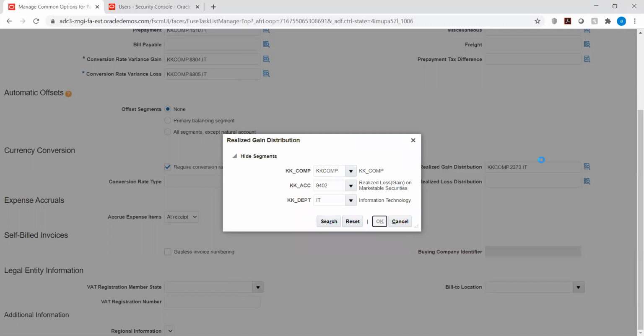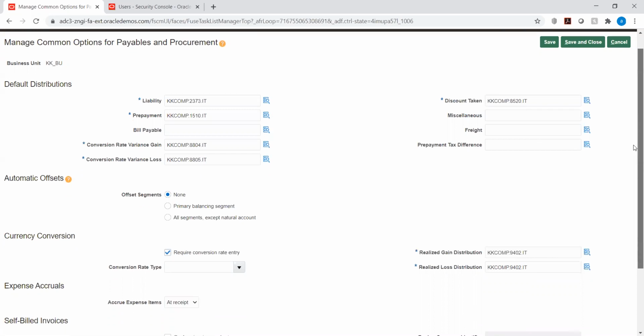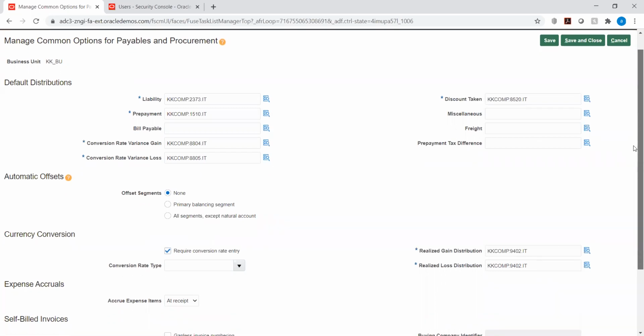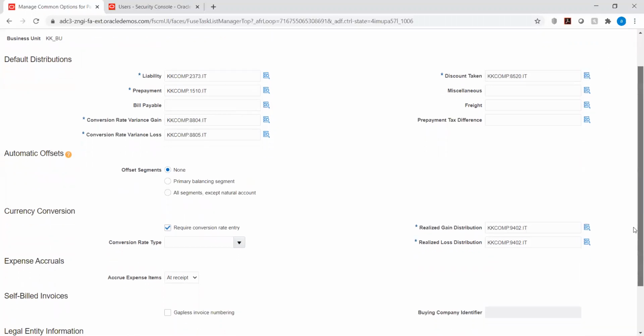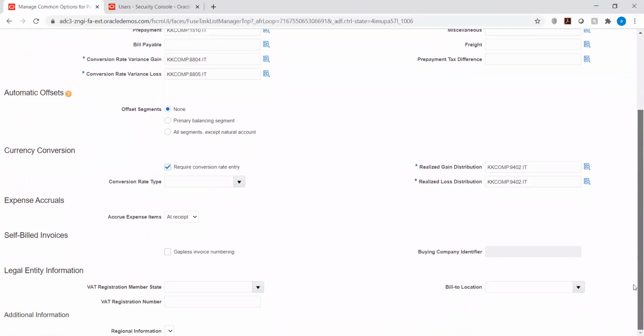So what are you creating now? Payable options. Basically we have these financial options in R12, only the naming convention differs. Now we are going into AP, not completely into AP. To test this budget part, we need the business unit and all those things, so for that we are enabling these options. When we go to AP, you will explain all these things, right? Yes, correct, we will see, because these are the mandatory setups.